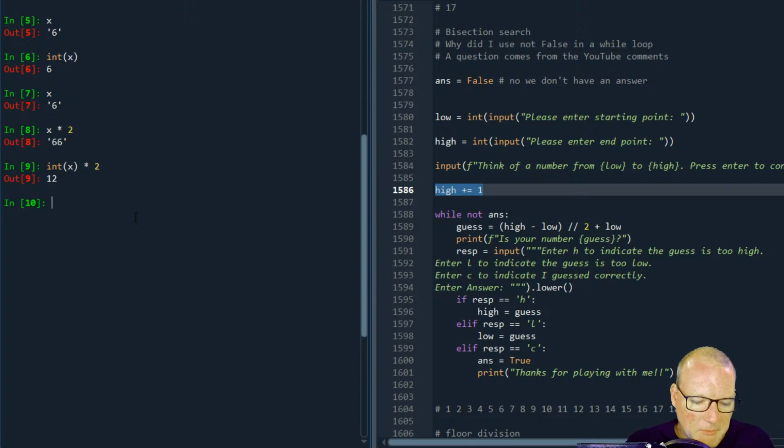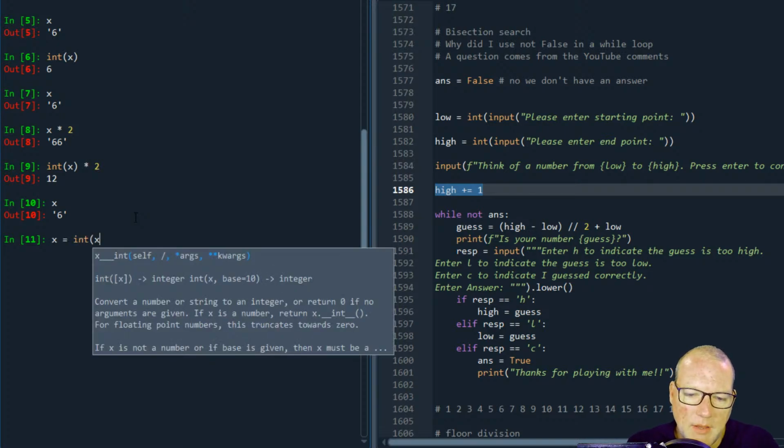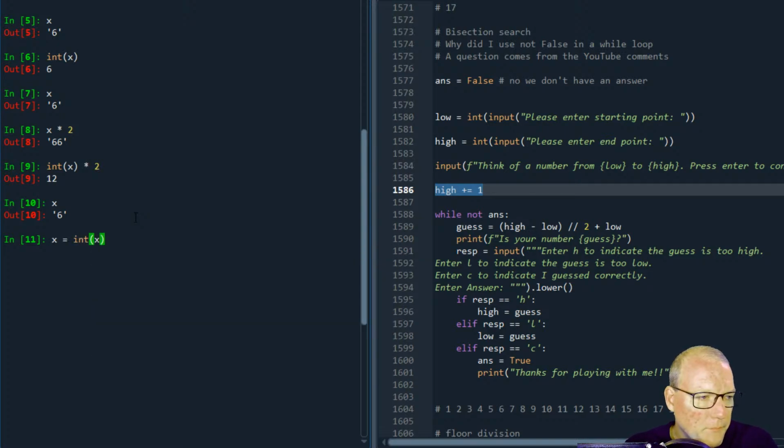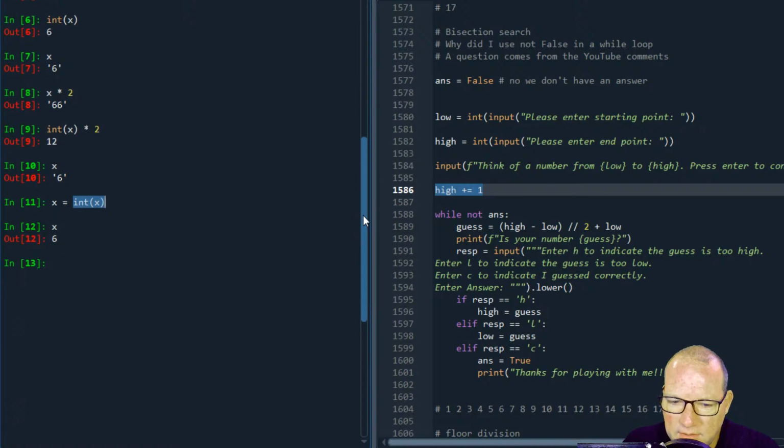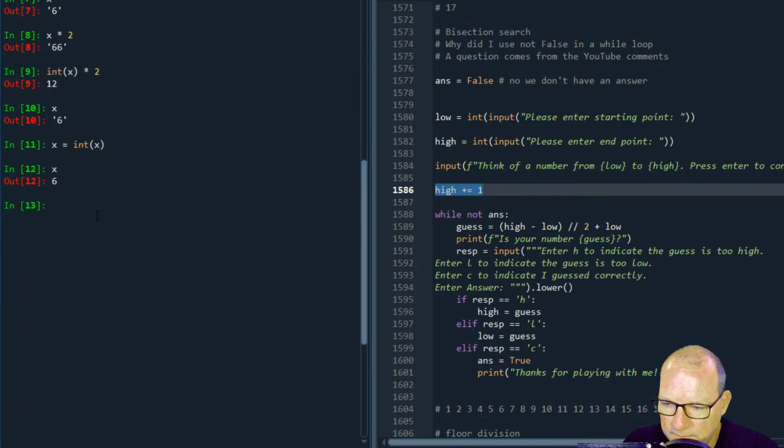Let's see, did I convert x to, let's do this, x equals int(x). So this is completely legal. So now I've actually not converted, but I'm trying to think of the term. I've actually reassigned. There we go. So I've reassigned this, and now x is 6.